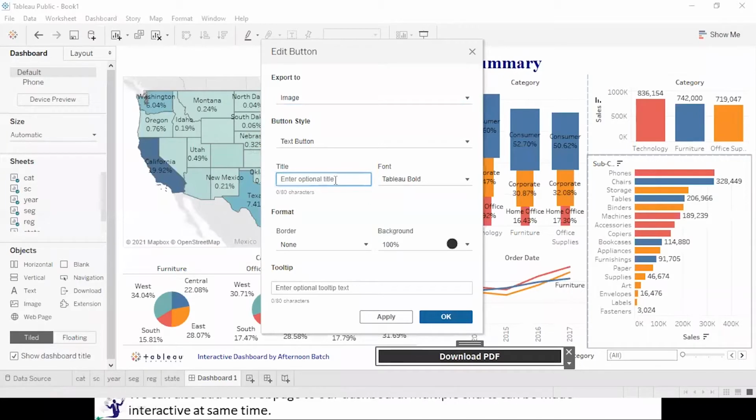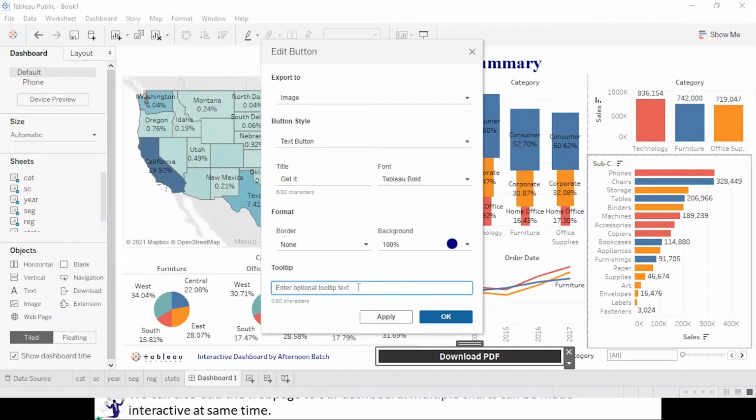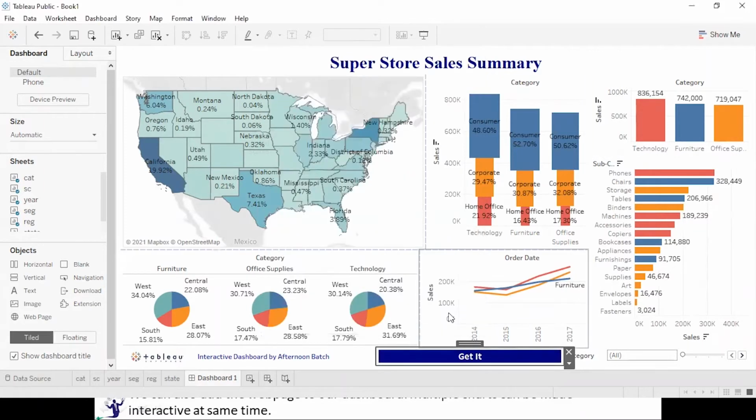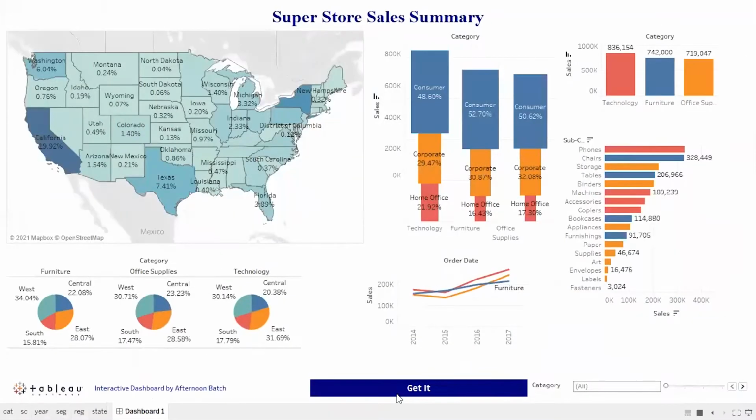Enter any data. Say okay. Here it is. Now you click on this button and here it goes.